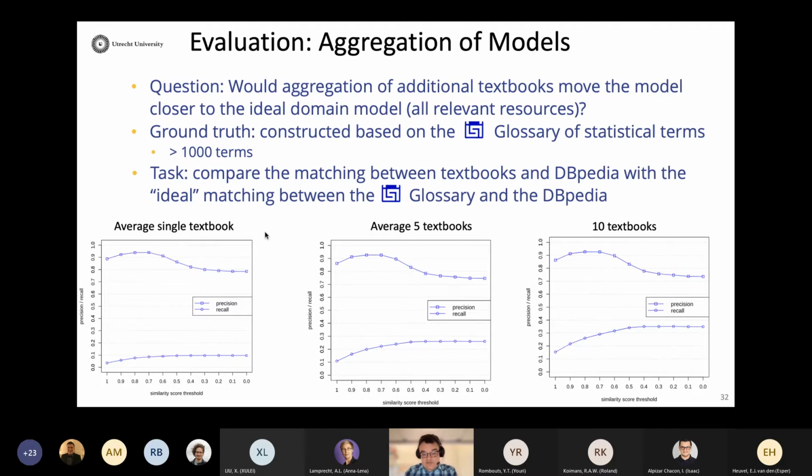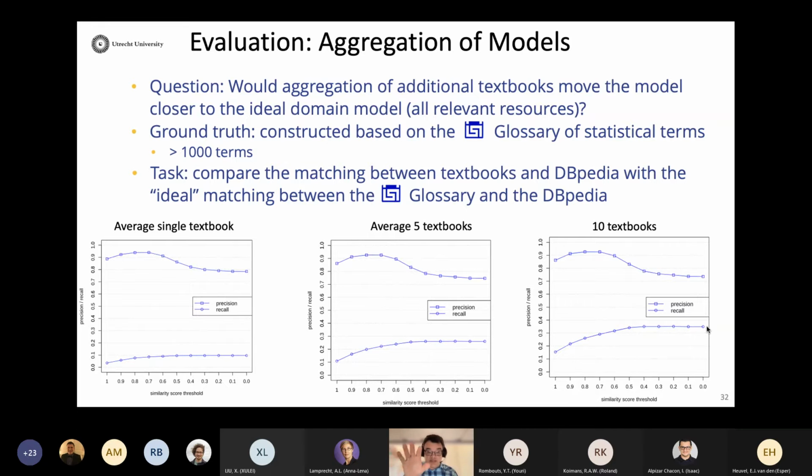But as we increase the number of textbooks, the precision remains pretty much the same, but the recall really grows. And if you compare the 1 versus 5 versus 10, you see that we basically get from only 10% of resources recalled to, well, 35, 40. Probably if we keep extending this, we will get even higher.